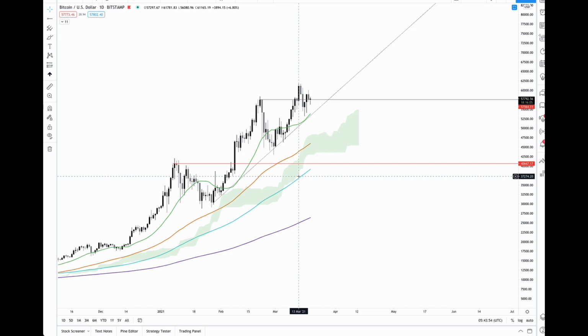The sky blue represents the 100-day moving average. And lastly, we have the 200 moving average on the bottom in purple. And as you can see, these are all aligned according to the order of inputs, indicating that the overall trend is extremely bullish. And now we can also see that this trend line still remains intact and has been tested